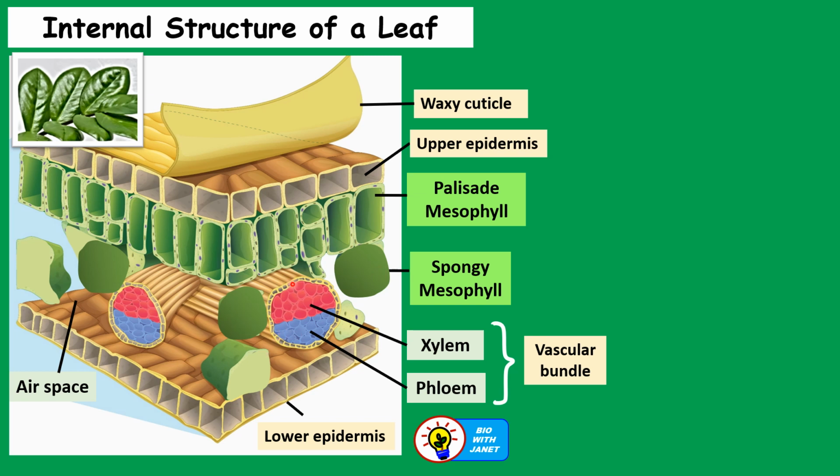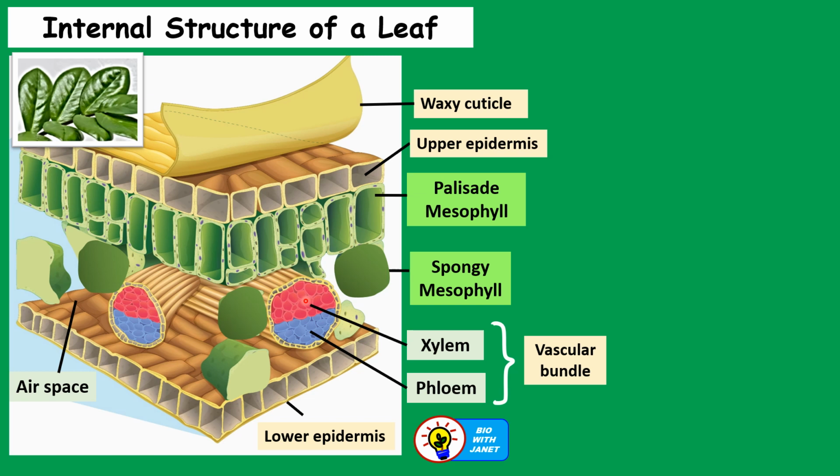Now next we come to the xylem and the phloem. These are called the vascular tissues. Vascular tissues help to transport substances in the plant. Firstly, the xylem. The function of xylem is to transport water and mineral salts absorbed from the roots to the